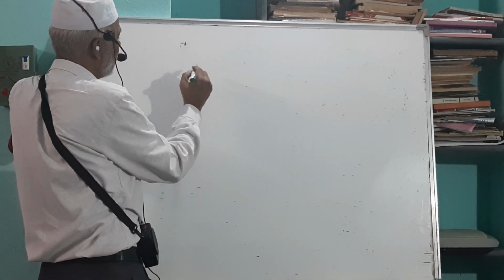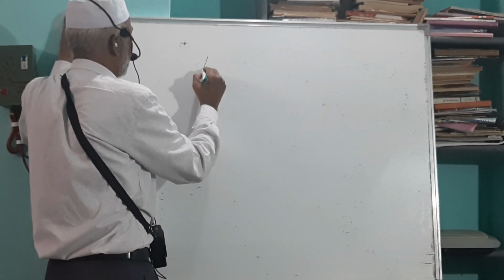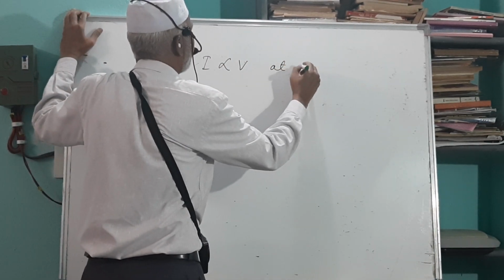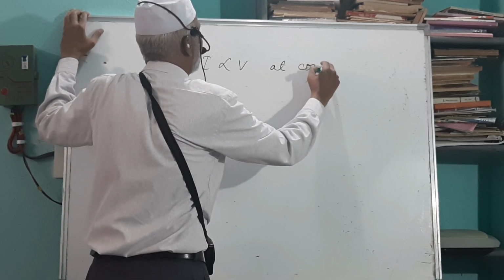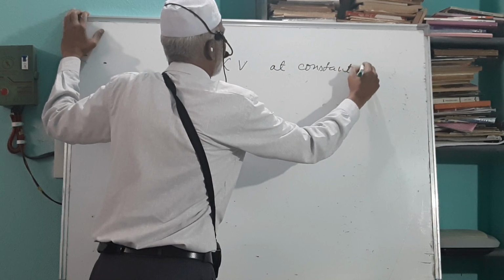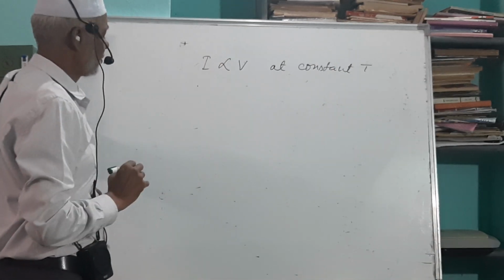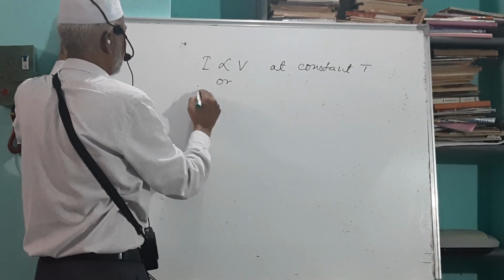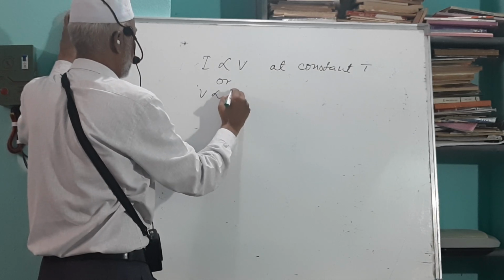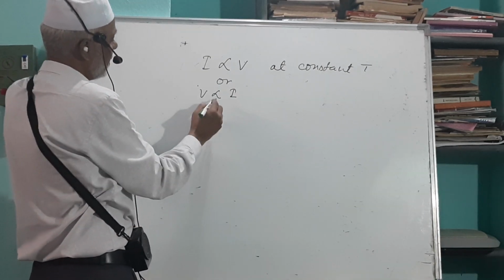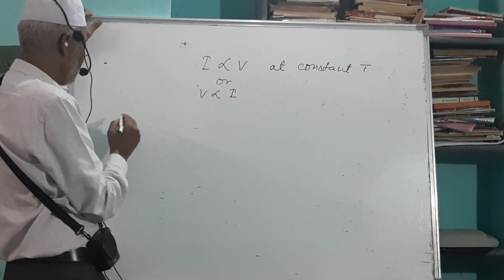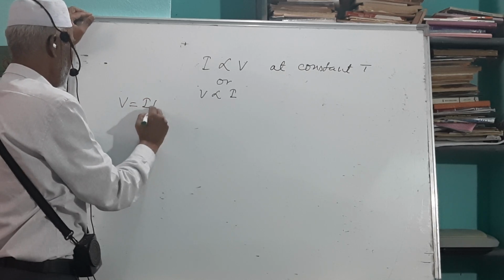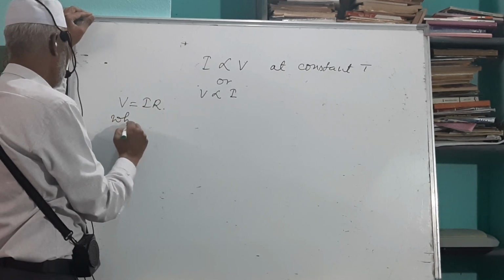So according to Ohm's law, I can write it mathematically: I is directly proportional to V at constant T and other physical conditions constant. This expression can also be written as V is directly proportional to I. Since this expression is associated with the proportionality symbol, we have to eliminate it. V is equal to I into R, where R is the